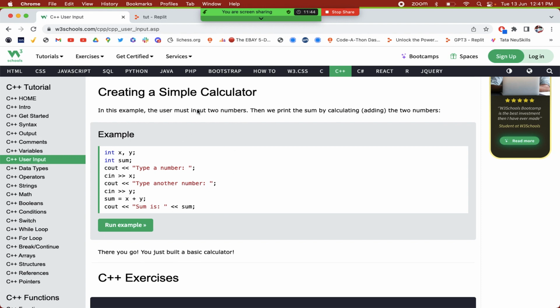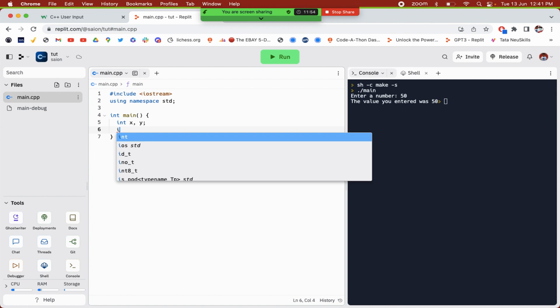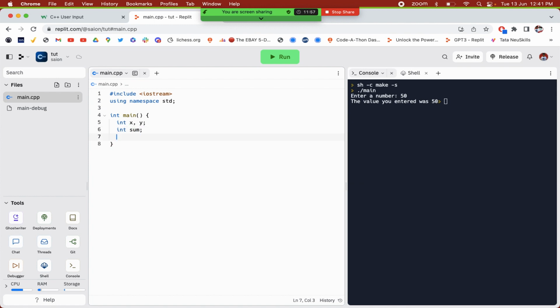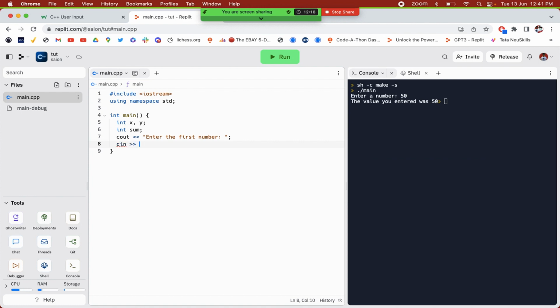Now we'll create a simple calculator that will add two values. So over here we'll define two variables x and y. So int x comma y. Then we'll create a variable sum. Right. So we'll not look at that code. We'll just try to code it ourselves. So what we'll do, we'll first say to the user, enter the first number, right? And then we'll take in the input to get the first number, and we will save that first number in x. Next we'll say cout, enter the second number,